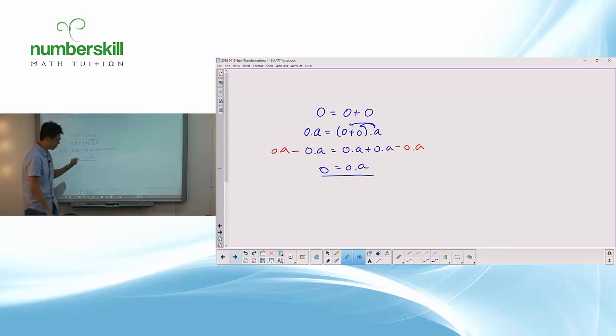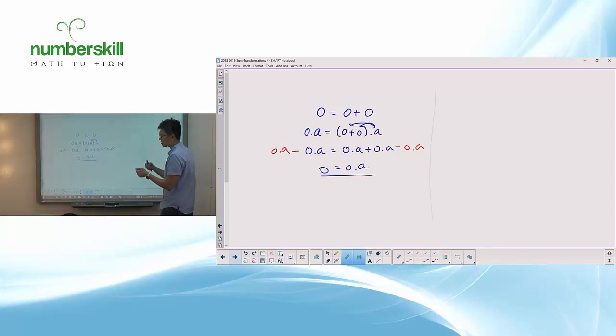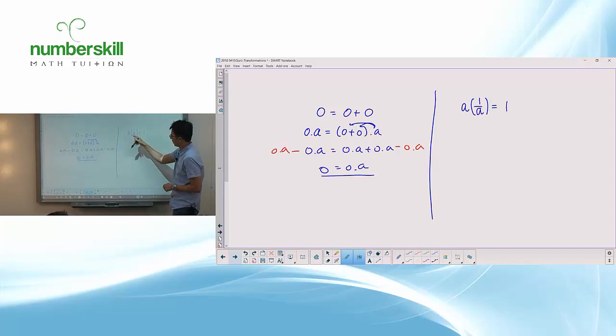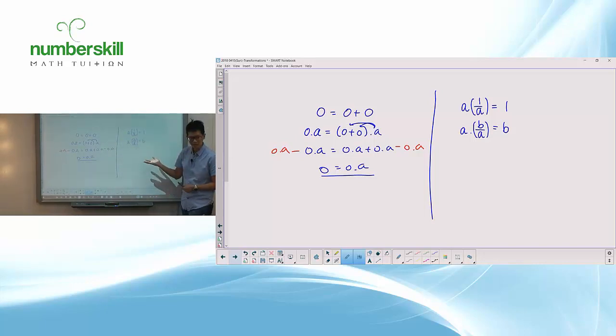Now, when we agree with this, we understand that there is this multiplicative inverse, which means if I have a times 1 over a, I get back 1. Basically, you multiply it by nothing. Okay? So it says that if I have a multiplied by b over a, you get back b. Alright? So the multiplicative inverse. So all of us should understand this. And all of us should say that, yeah, it makes sense. Correct? So therefore, it should work for every single number.